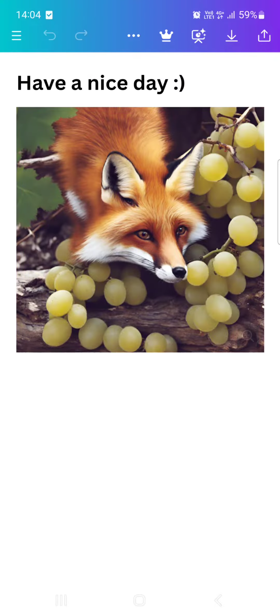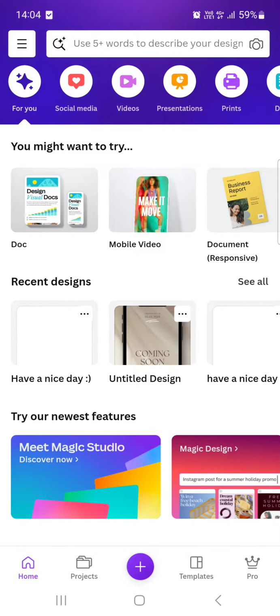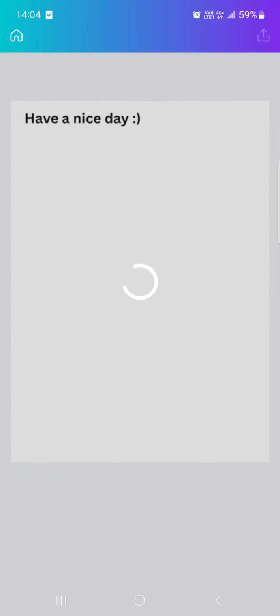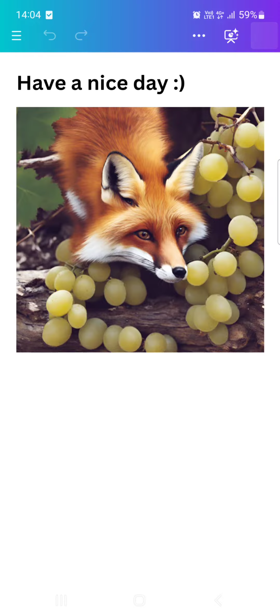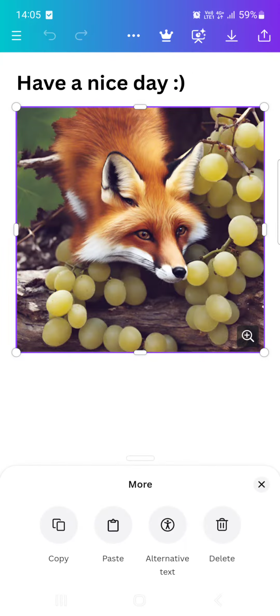First we have to open up the Canva app, and after we open it up, it usually opens up in the home menu, but from the home menu we go into the projects. Then we select a project that we want to work on, and after the project loads, sometimes it takes a bit more, we select the image that we want to edit, and after we selected it, in the top part of it there are three little dots. If you tap on those,